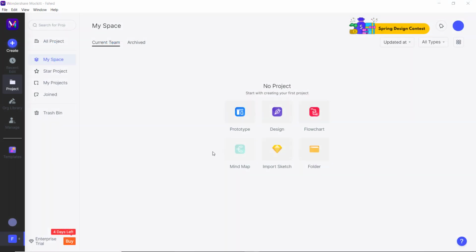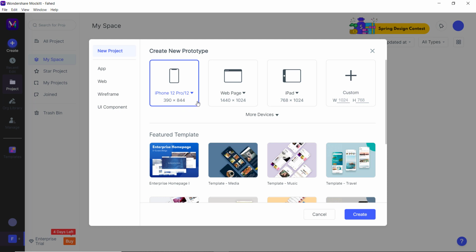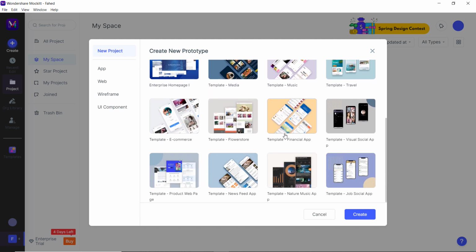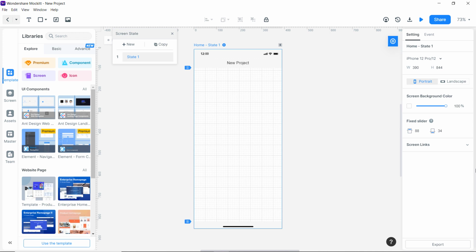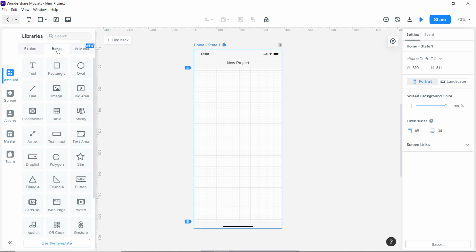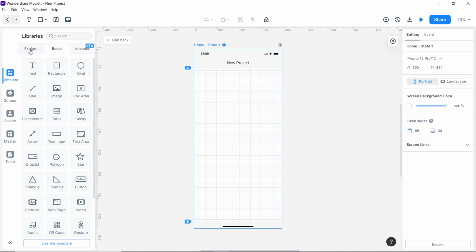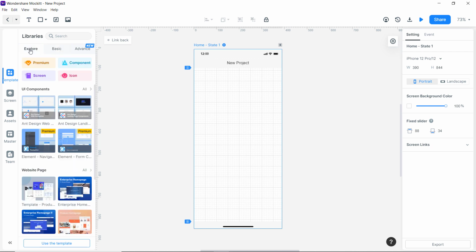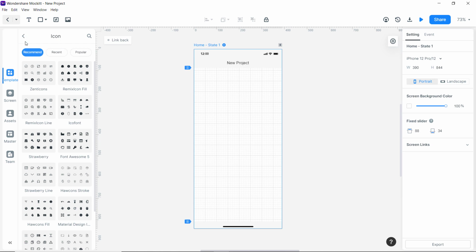Let's begin by creating a new project. So simply name the project, select the template size for which you want to design, either mobile, tablets, TV or even your custom size which you prefer. And this is how their default layout looks like. These are the tools which you will need to design your prototypes. Here you will find most commonly used tools for material design, iOS design or even Windows components. You will find it all here.